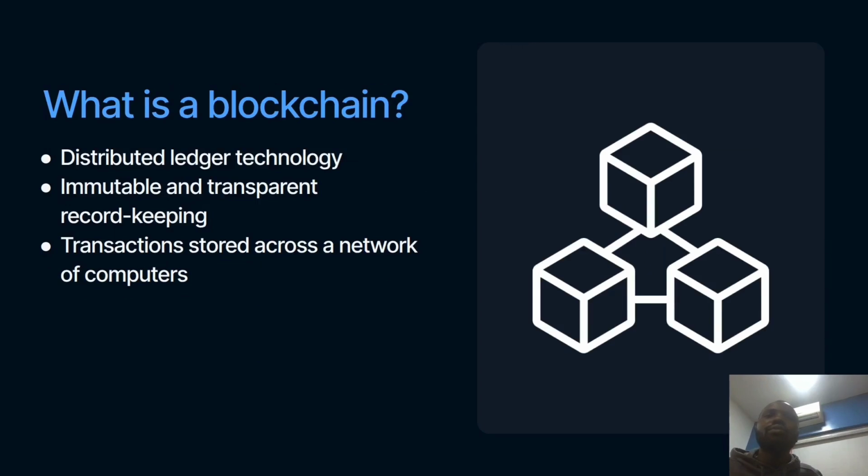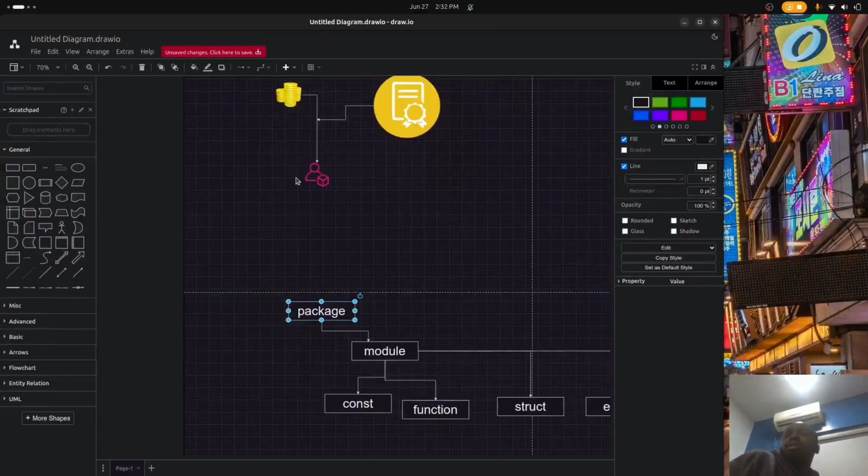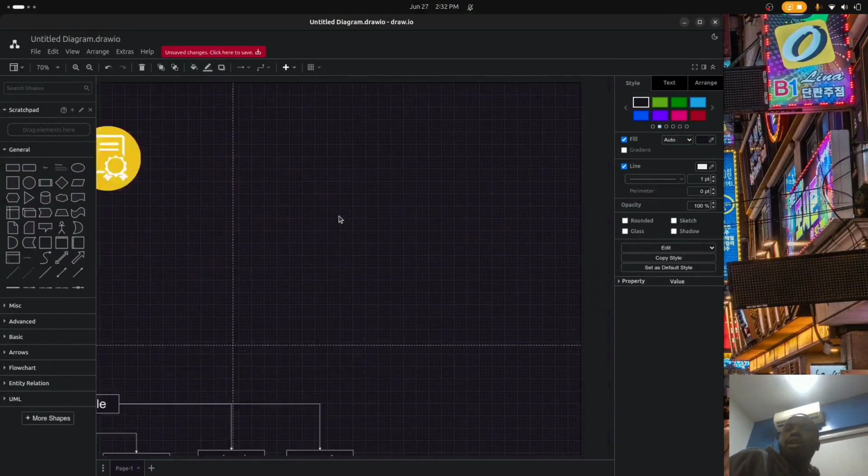So what is blockchain? Blockchain is a distributed ledger: immutable, transparent record keeping, with transactions stored across the network. So it's a distributed ledger. How is the blockchain a distributed ledger? Very simple. So let's have